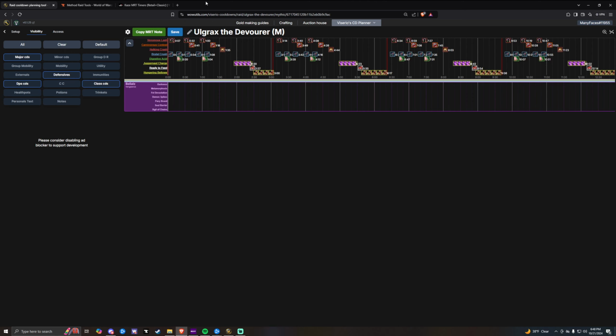Now for visibility, let's go over this real quick. These are all the things you can see. Major cooldowns refer to cooldowns that are major for the entire raid. Think Rally, Darkness, and so forth. Minor cooldowns are the same, except they're not major, they're just minor. Group DR means damage resistance for the group. Think Zephyr, Mass Barrier, and so on. Group mobility, like Roar,